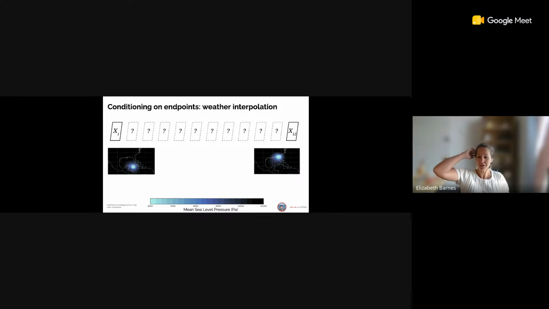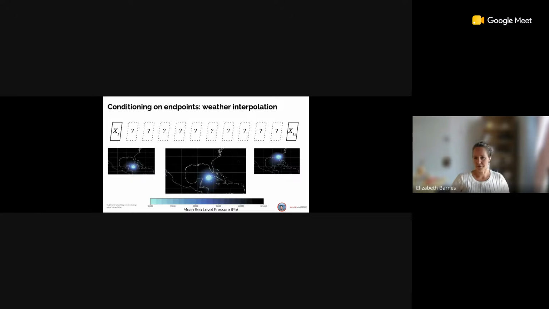So imagine here, Jerry's run a bunch of simulations where we actually condition on the first state and the last state at the same time. So we condition on the beginning state with a tropical cyclone further south, and then we condition at the same time on an end state where that tropical cyclone has hit Florida. And what we can do then with SiBottle video is actually connect these two together. So create a simulation that is physically plausible, that connects this beginning state and this end state.